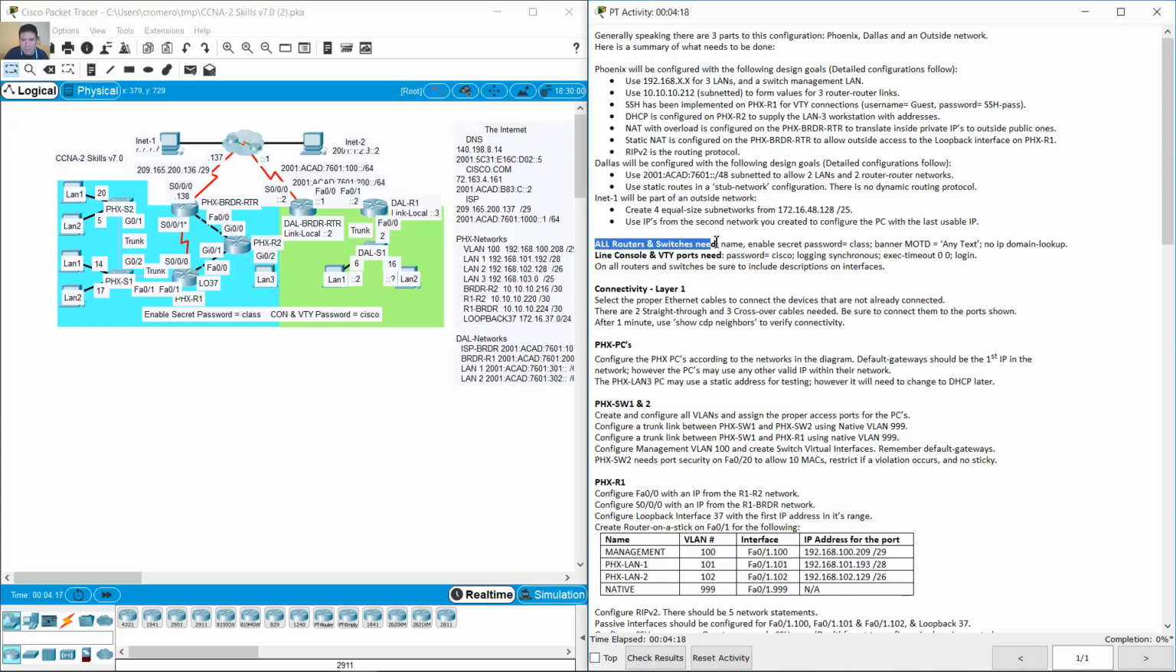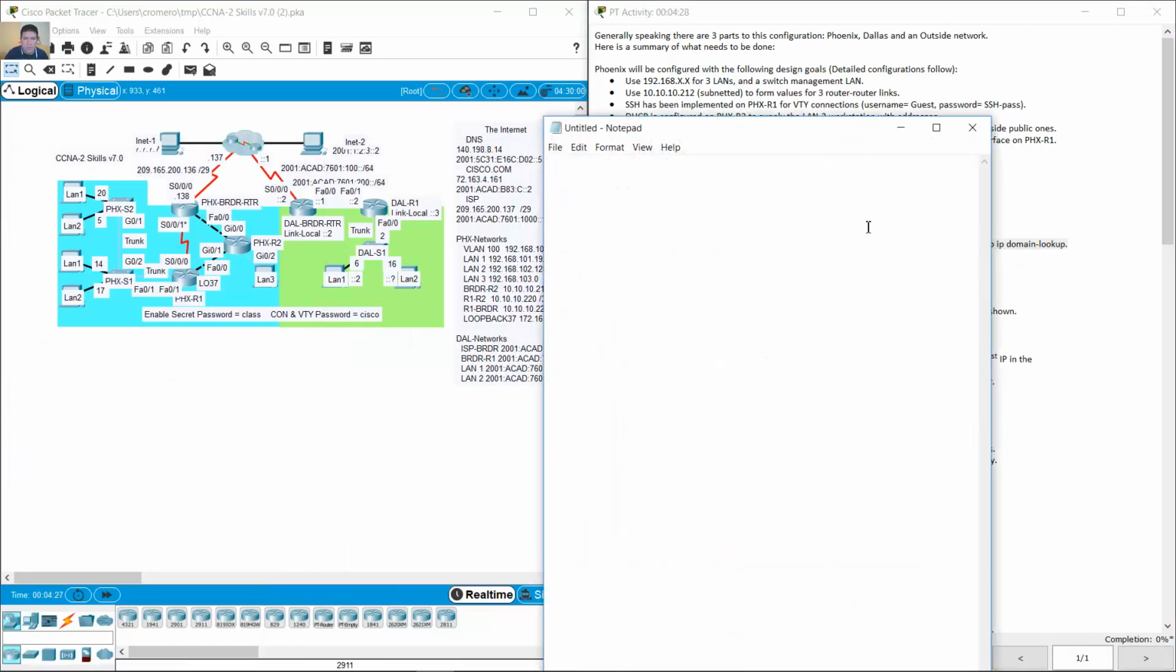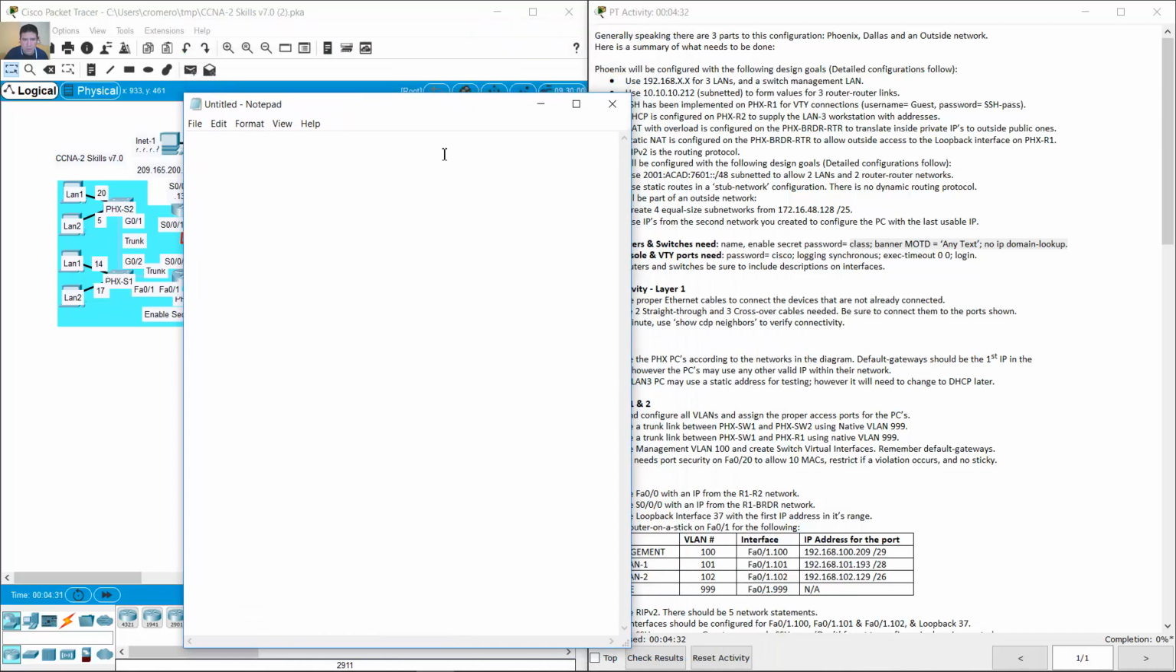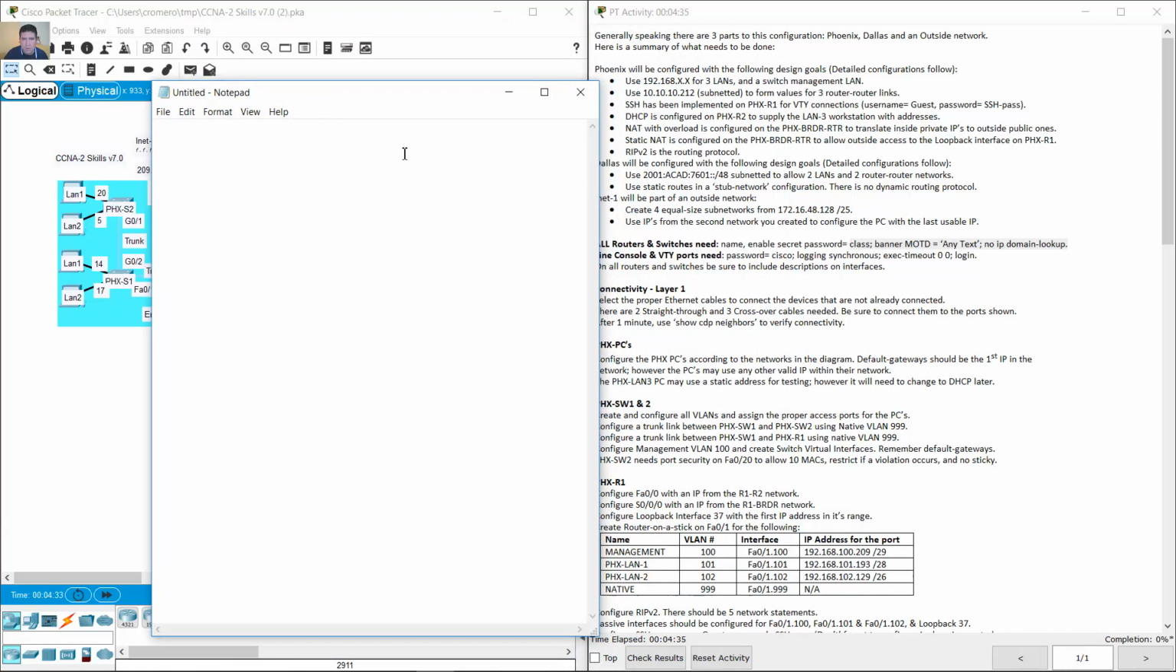All routers and switches need a name, enable secret password, class banner, and no ip domain-lookup. Okay, and since it will be applied in more than one device, I will use a notepad to copy and paste. Name is the hostname at the end,